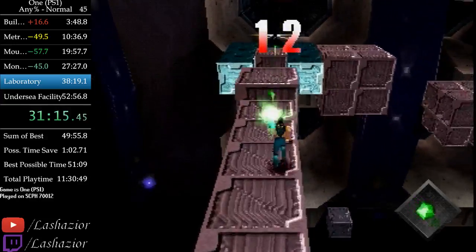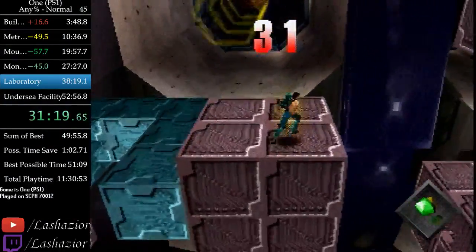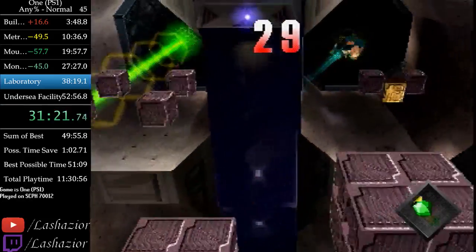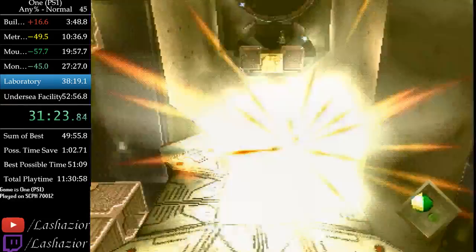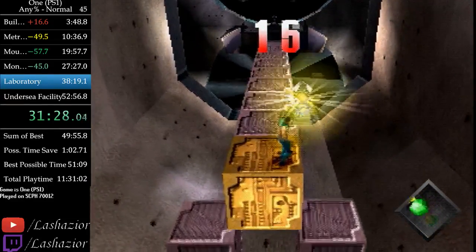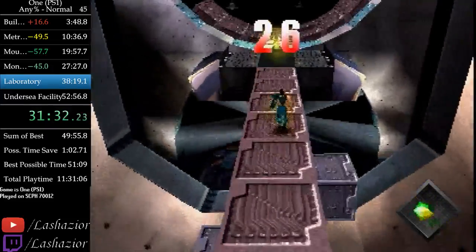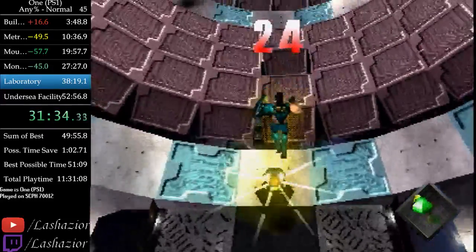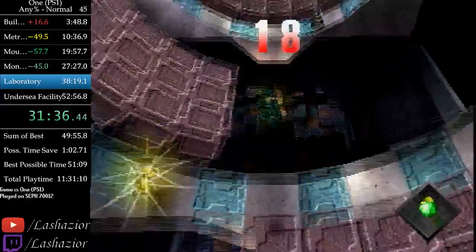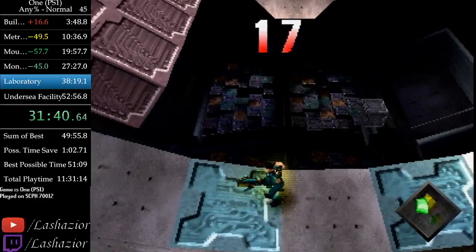Blow it up so we don't have to worry about it. These blocks will actually disappear, they're orange, so we have to stay on the orange. And now we get to the fun part, which is doing this